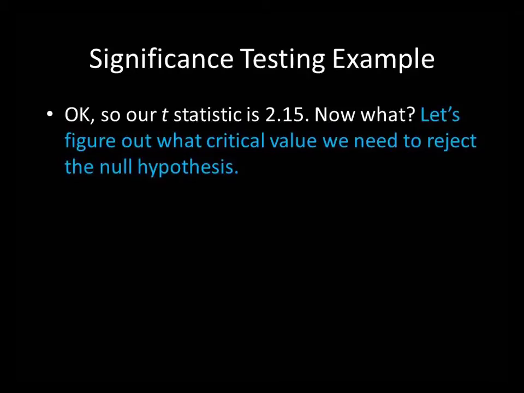Well, we need to figure out what critical value, or what number we need to exceed, in order for that 2.15 to be big enough to reject our null hypothesis. And these are numbers that are already calculated for you. You can probably just Google around and find a table that describes, for example, for the t-test, since that's what we're doing right here, the t-values that are needed for rejection of the null hypothesis. And this has to do with the sample size of what we are looking at.